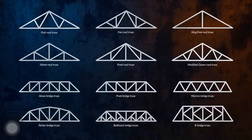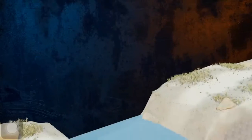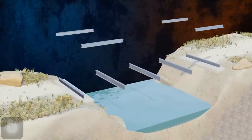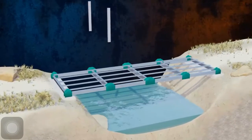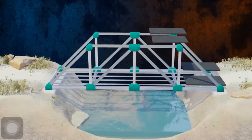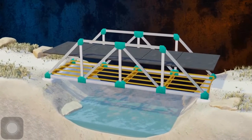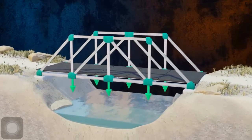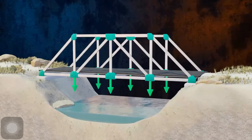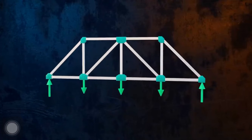The members of these trusses are all located in the same plane. These are called planar trusses, and we can analyze them as two-dimensional structures. Even seemingly three-dimensional structures can often be analyzed as planar trusses. Take a look at this bridge, for example. The loads are transmitted from the horizontal floor beams to the two vertical trusses on each side of the bridge. Each of these trusses only carries loads acting in its plane, and so we can analyze it as a two-dimensional